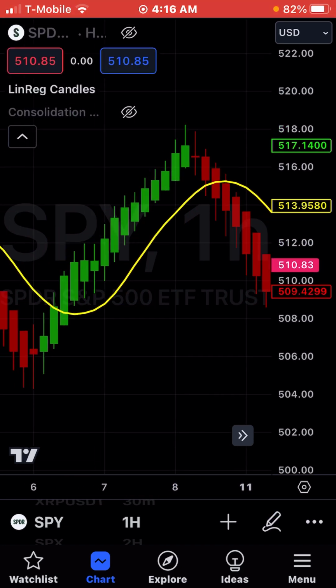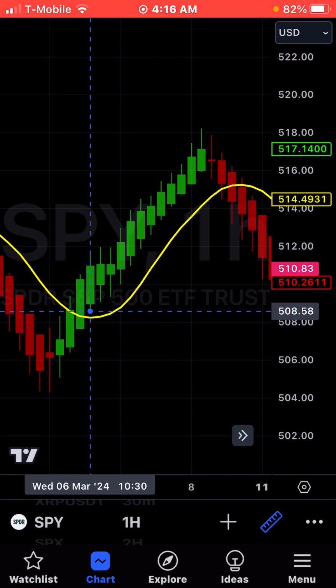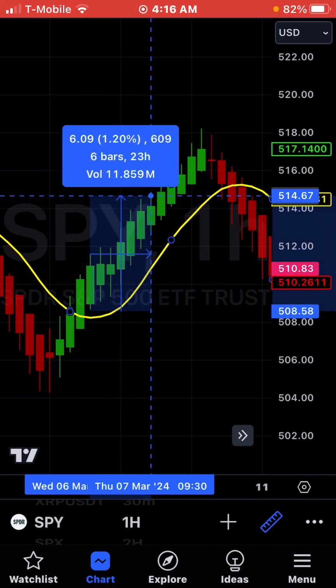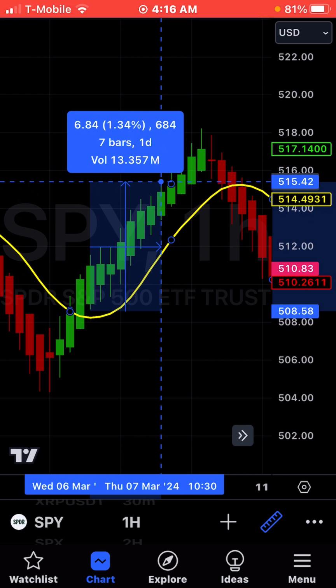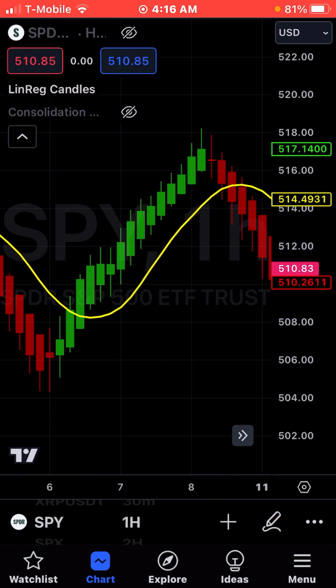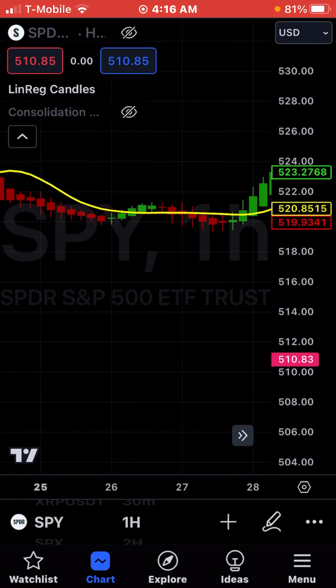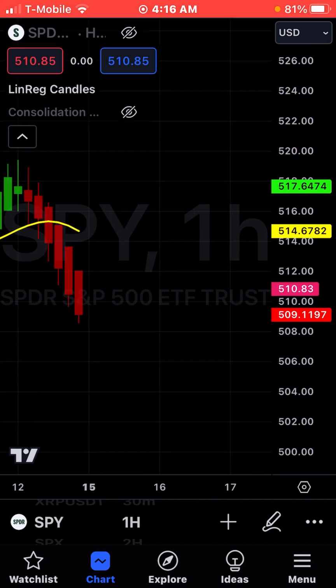Let's do this last one right here, and I think you guys get the general idea. Linear line goes through the candle, so you would enter on this one. You ride it out. Let's see what we get for a day. Right about here. So this is $684 in one day. So this strategy works extremely well, and all you really are dealing with is one line and one indicator, with the exception of the consolidation indicator, to find consolidation moments, because you don't want to do this strategy when things are